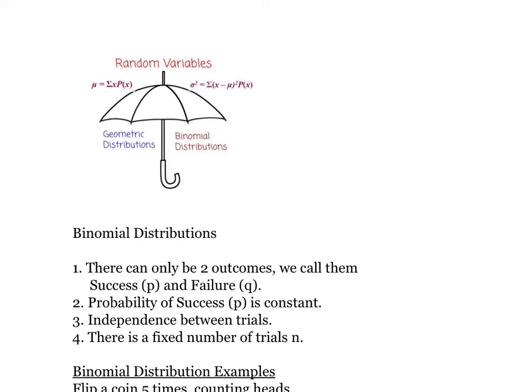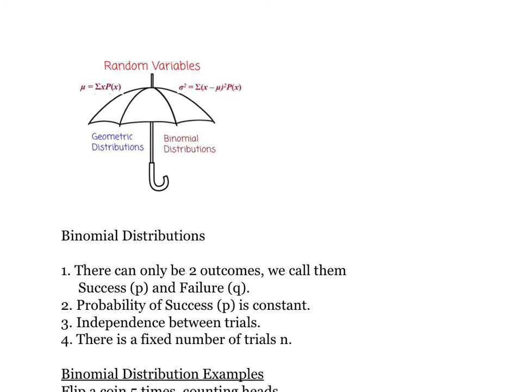Hello AP Stat students. Today we are discussing the binomial distribution. Recall that we are studying specific and special random variables in this section of the unit. We've discussed geometric distributions, which are distributions where we're looking for the first success. Today we're going to discuss binomial distributions, which are looking for any number of successes in a specific number of